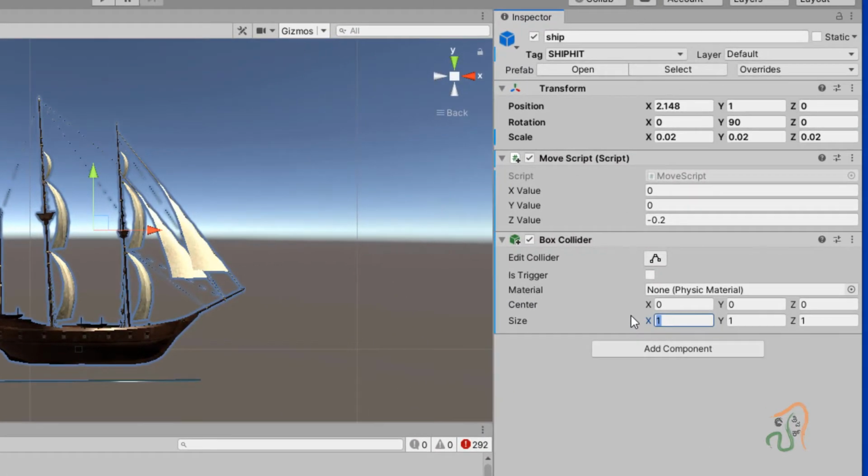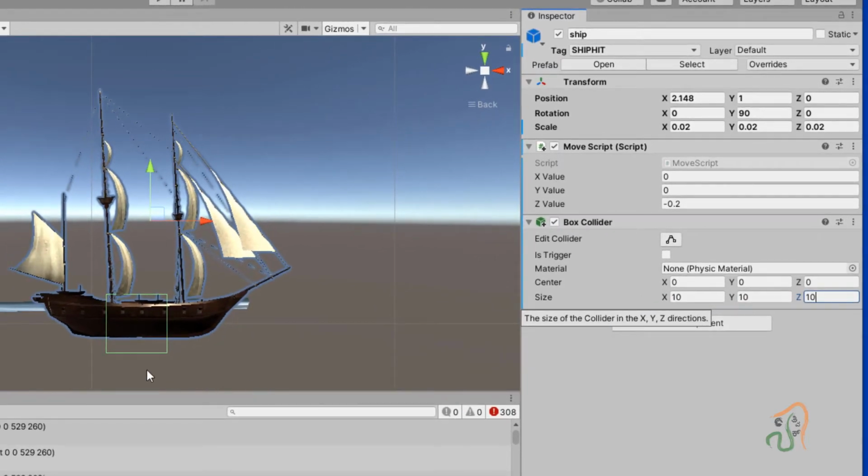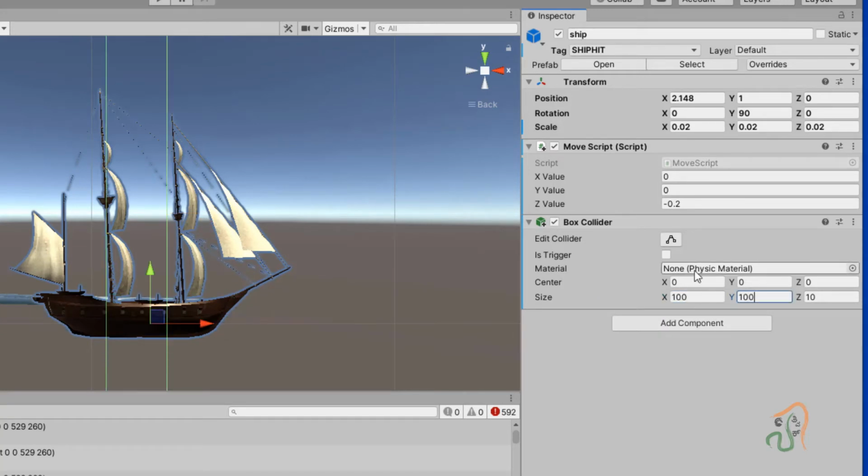Let us set the X scale to 10, Y to 10, and Z to 10, and then you can see the box collider here. Now let us drag this X still further. Let us make X, say for example, 100. Y let us make it 100. So 100 is very large, let us make it 30.